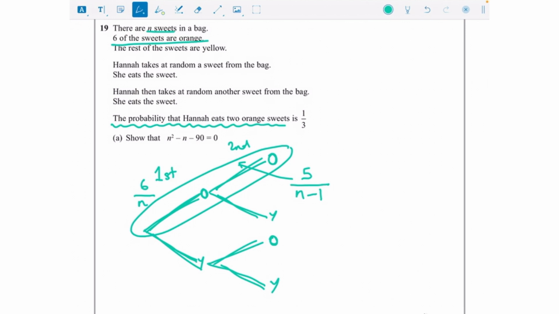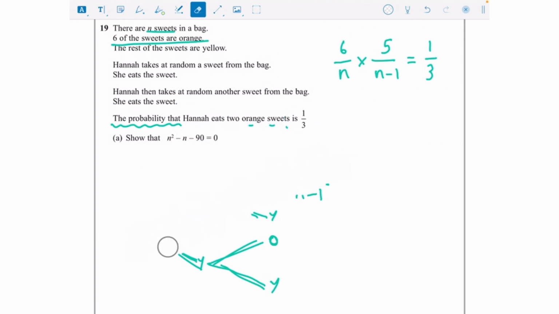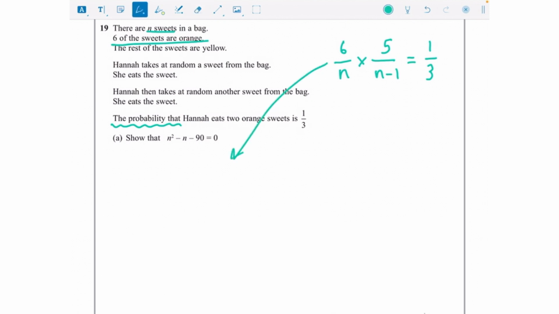So what do we do when we want this to happen and this to happen? We multiply along the branches. So I'm now going to do 6 over n times 5 over n minus 1. And we know that equals a third because we're told that probability is a third. Let's just give ourselves a bit more room here. When we multiply fractions, we do the top times the top and the bottom times the bottom. So writing this down, 6 times 5 is 30 over n multiplied by n minus 1, and that equals